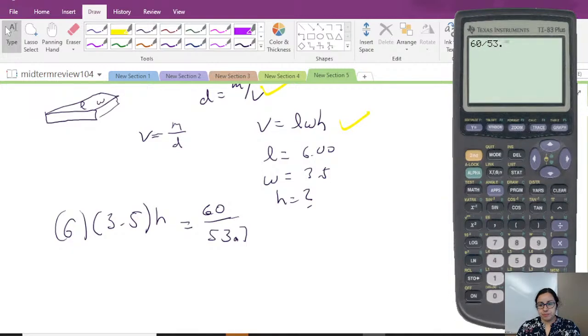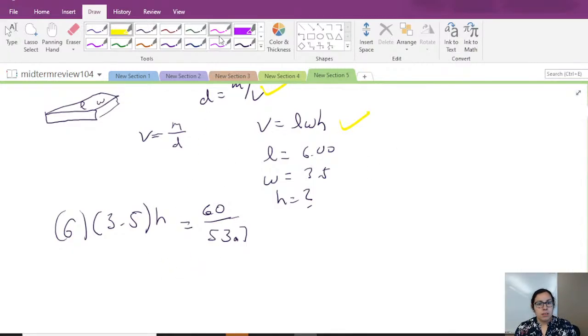And then solving for height, I'm just going to divide by 6 divided by 3.5. So then do you get 0.05 for the height when you solve? And of course this is in feet though. So height equals